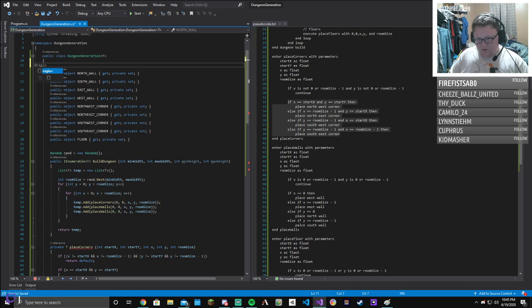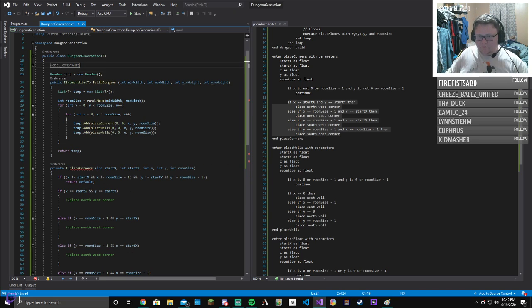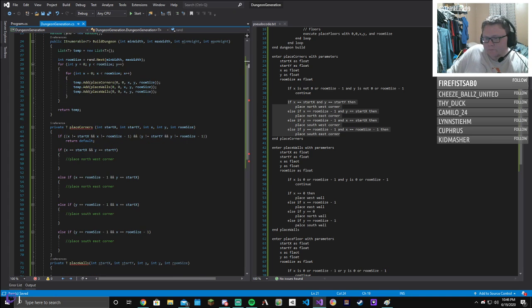I'll just do a region, model constants. Hashtag end region. And now I can just close that up. I don't need to see that anymore. But at some point then I will have to make a constructor that you can feed the values in for the model constants. Awesome. So now what we want to do then is add